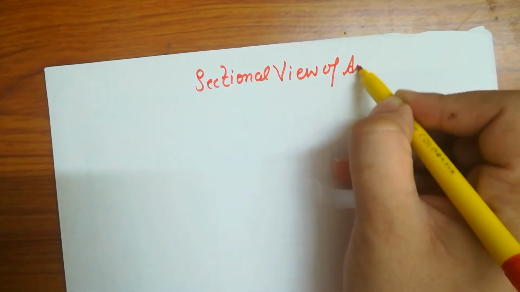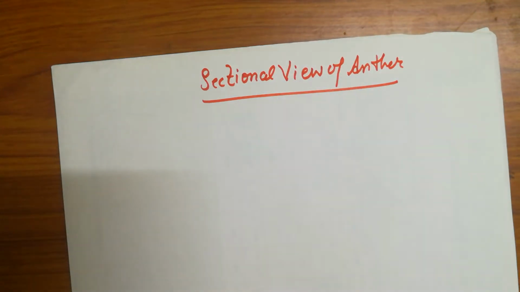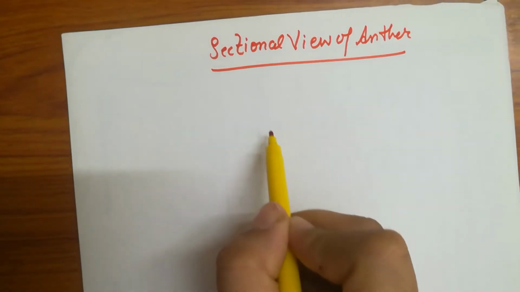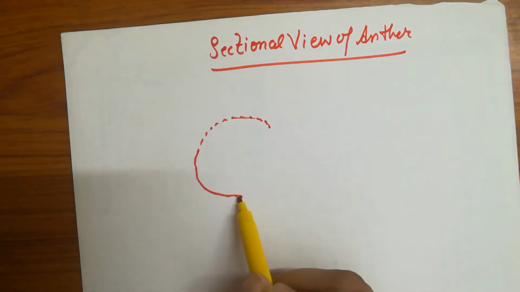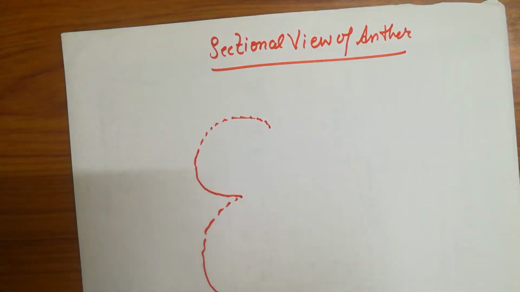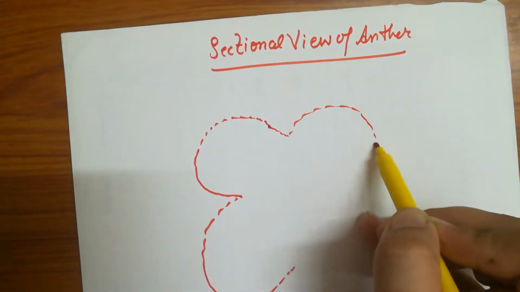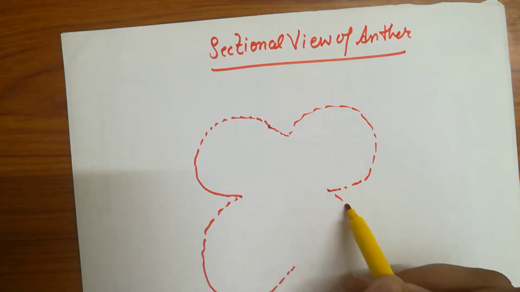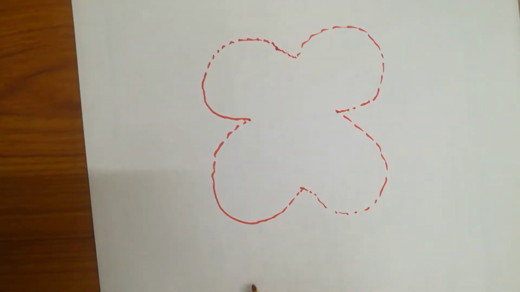As we discussed, an anther can be monothecous or dithecous, if it has one lobe or two lobes. So here we are drawing the common anther shape, that is, with two lobes. I'm drawing the structure of the anther with two lobes, which will help you understand its structure in detail. That is actually the transverse section, or TS, of the anther.